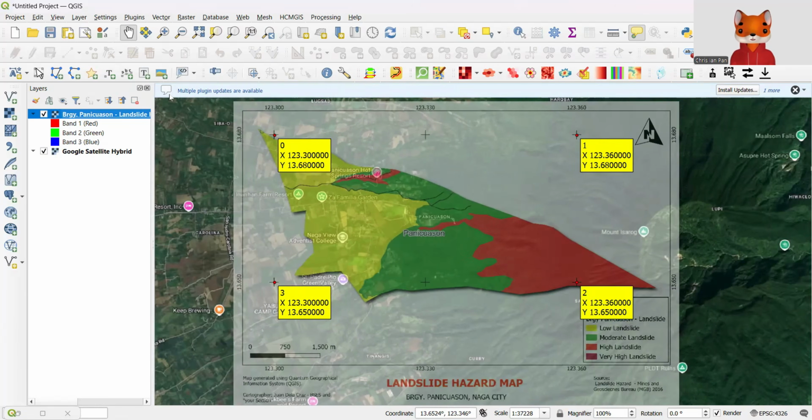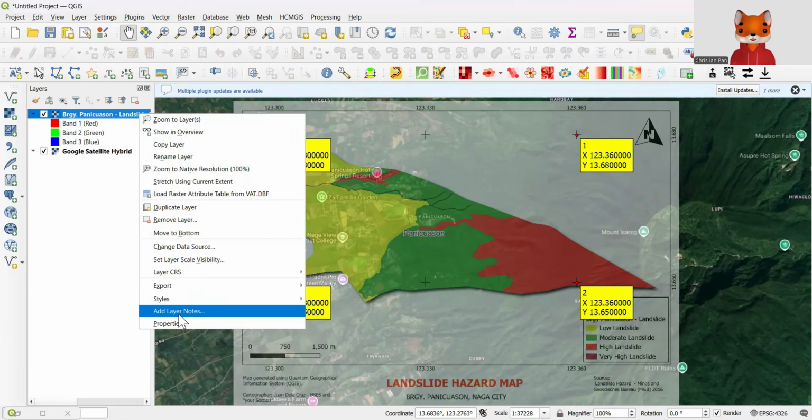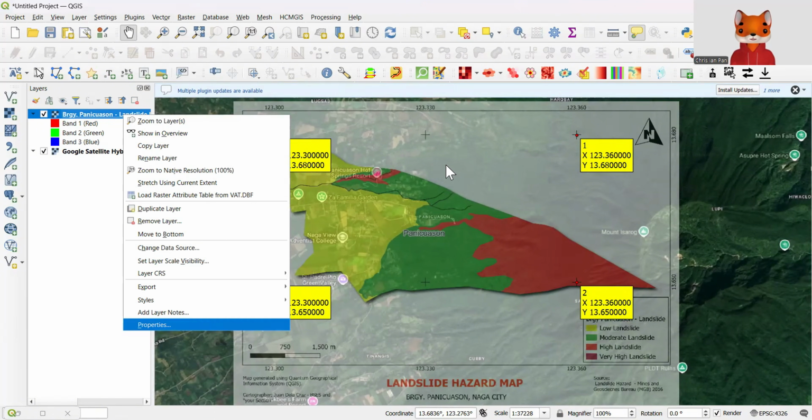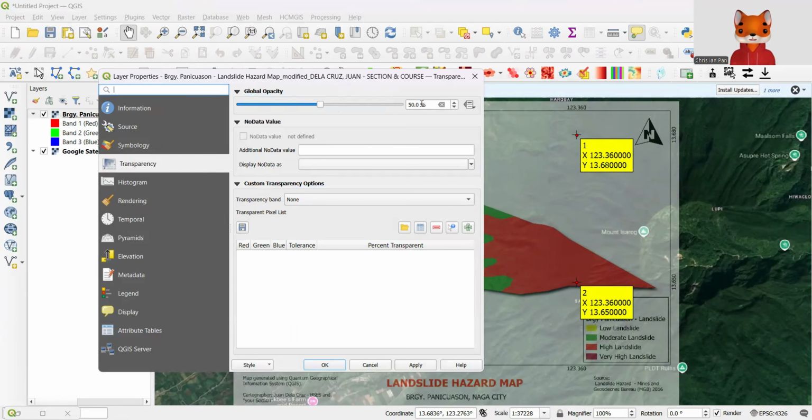So this map is in 50% opacity. We will revert it back to 100%. So select your barangay, Barangay Panikwasan, go to properties, then you can type 100 or you can just drag this global opacity bar to 100%.